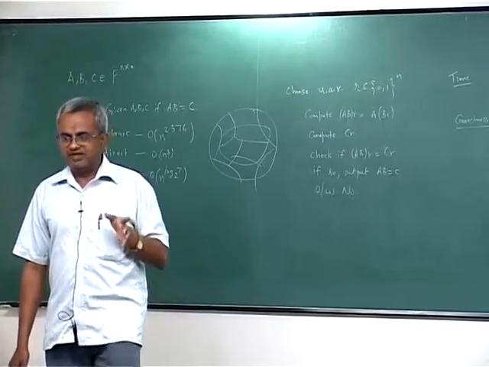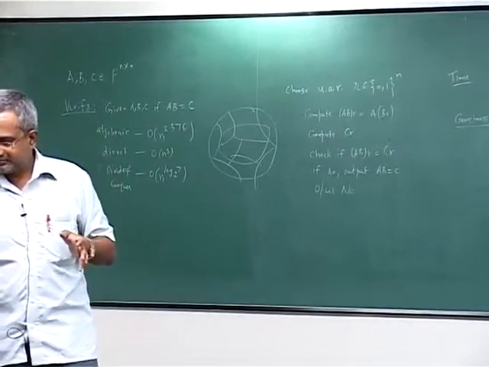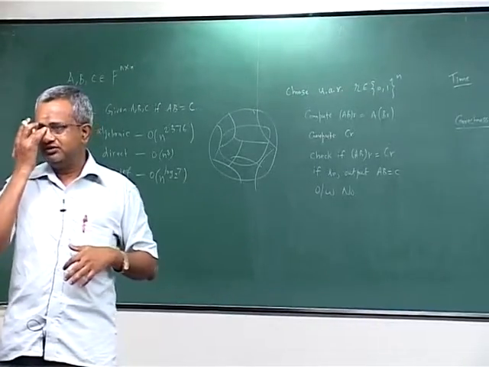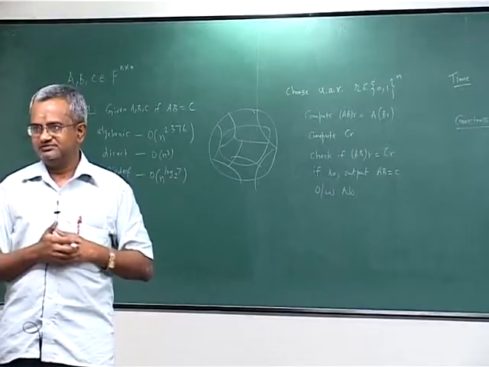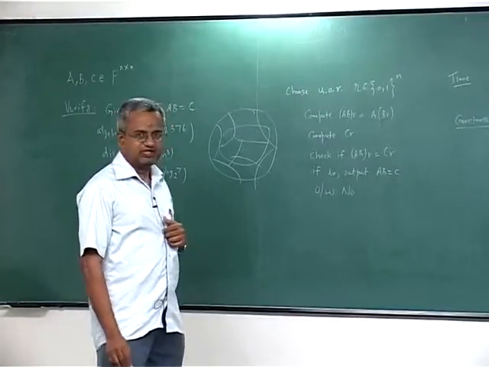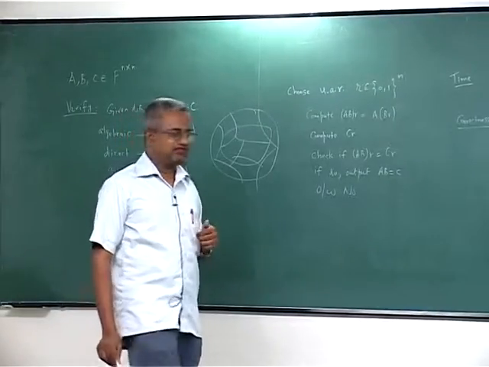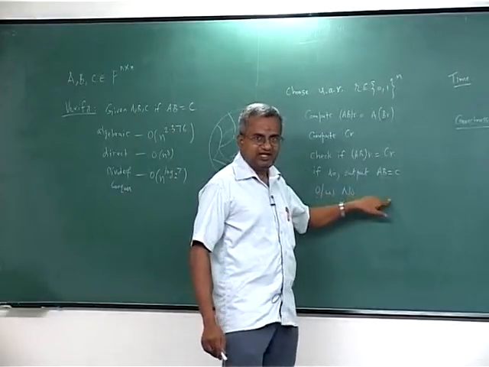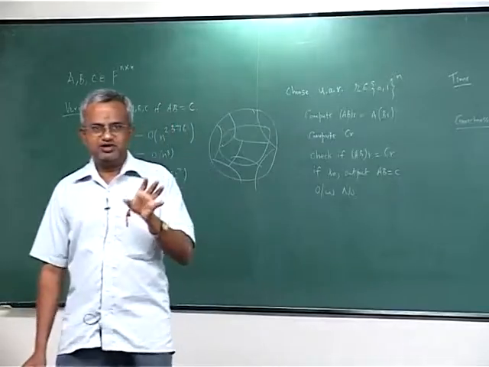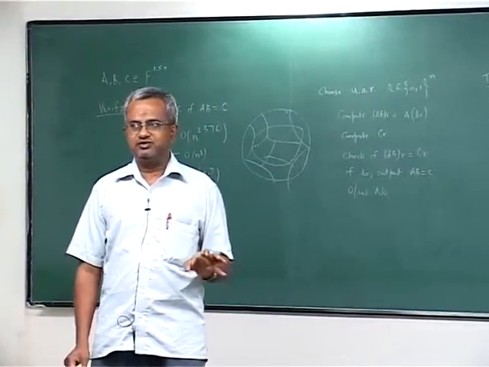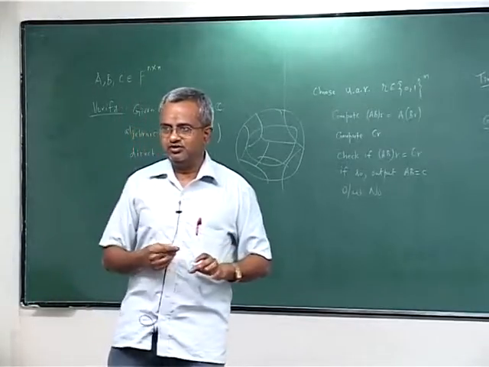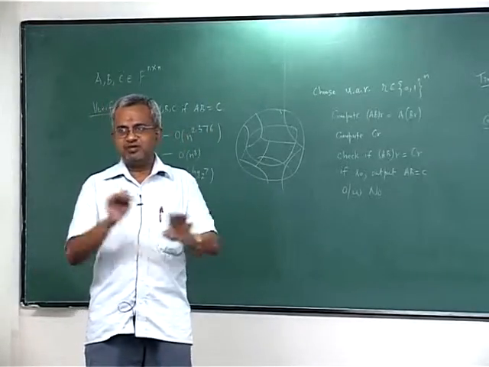So in that case, suppose you are willing to spend a little more time, but you would like to boost the confidence in your answer. What you can do is, if the output is AB equals C, then it is possible that AB is not equal to C indeed, and the algorithm gives the wrong answer of AB equals C. So there is some possibility of error by the algorithm. So what you do is, you repeat the algorithm once more. When you repeat the algorithm once more, you use independent coin tosses.